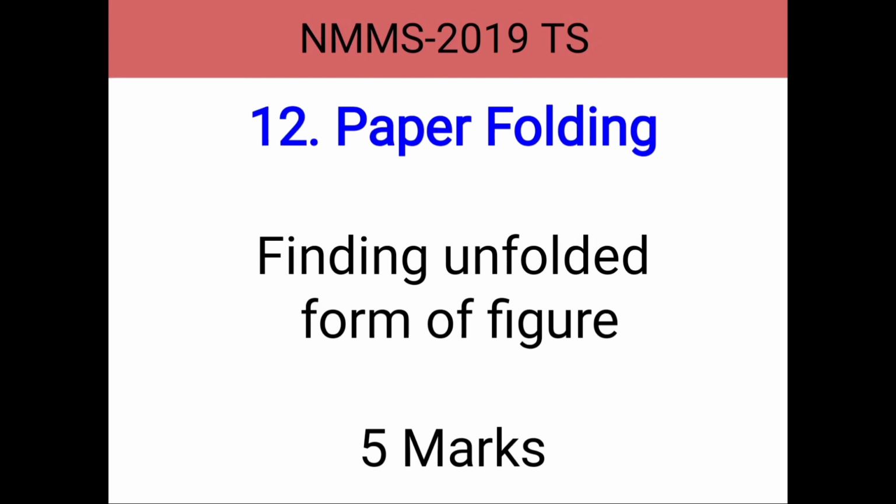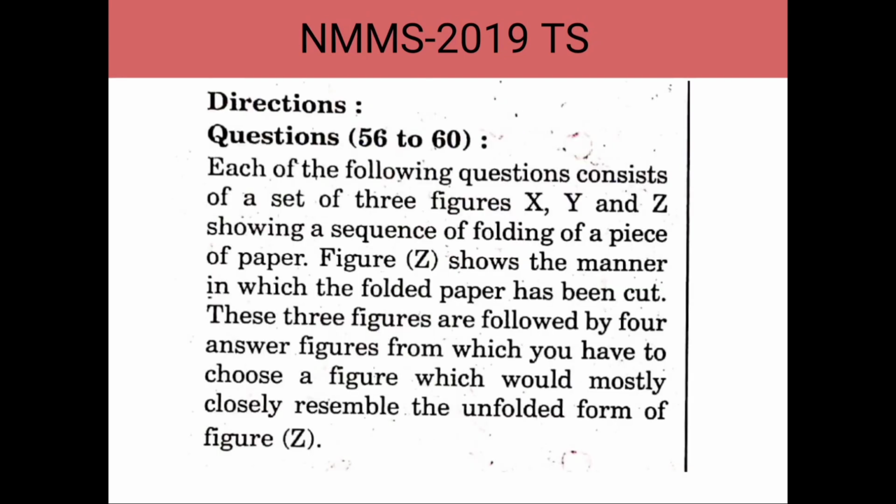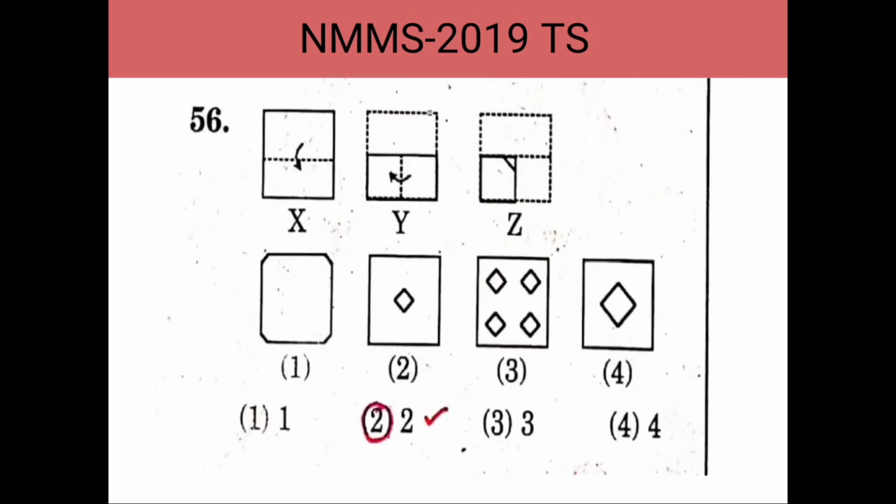In this type of question, a paper is folded 3 times, x, y, z, and in the z shape it is cut. We have to find, if it is opened, what the shape would be like. The example shows x is the first fold, y is the second fold, and z is the third fold. And in the z fold, the right side top corner is cut. If the paper is unfolded, the shape would look like